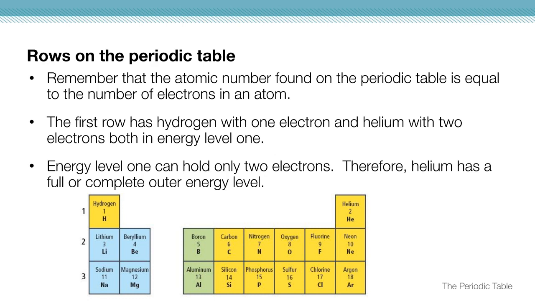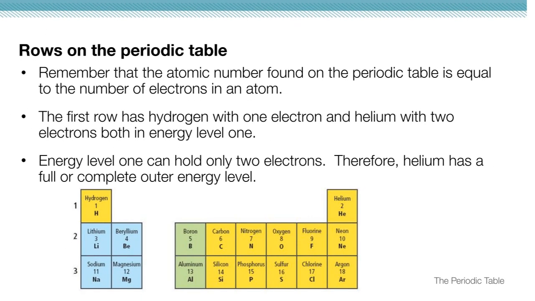So again, like I said, every single vertical row, so we'll just use group 1 as an example, these guys right here all have similar chemical properties, and they all have 1 electron on their outermost shell. These guys over here, we call those the noble gases. Everybody wants to be noble. They have 8. One way that you can figure out how many valence electrons or outer electrons an element has is skip over the metals, the guys in the middle that we don't have, and you can just count across, right? So these guys have 1, 2, 3, 4, 5, 6, 7, and these guys have 8